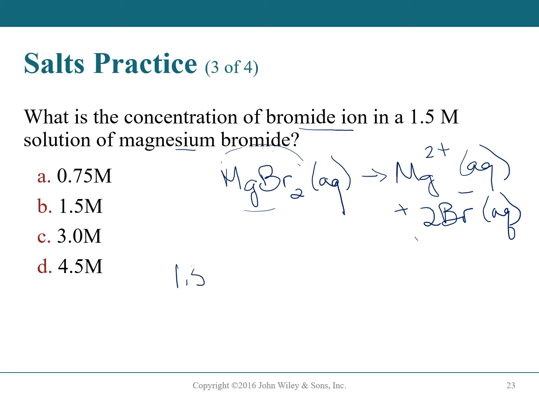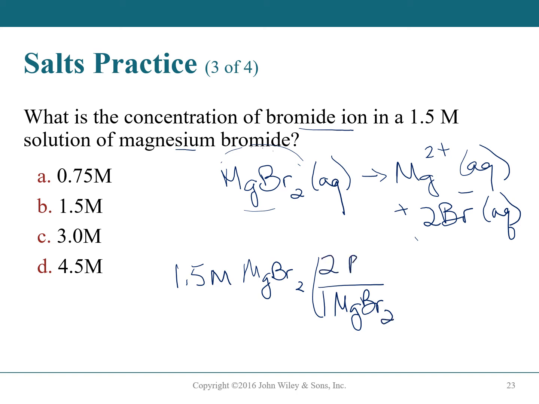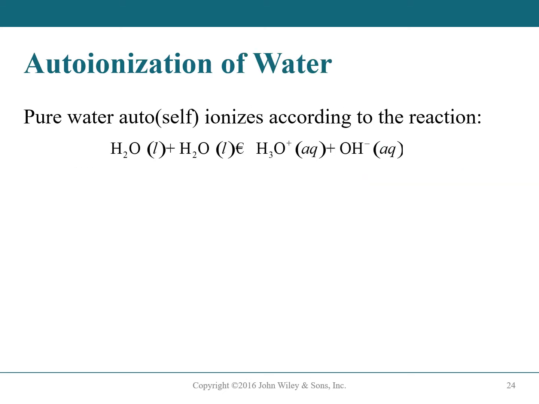So 1.5 molar magnesium bromide. And we know for every 1 magnesium bromide, we get 2 bromide ions. So the concentration is going to be 3.0 molar bromide ion. Okay, so it would be C. Now, if you're asked for the total, then you would calculate the magnesium as well and add them together. Okay,